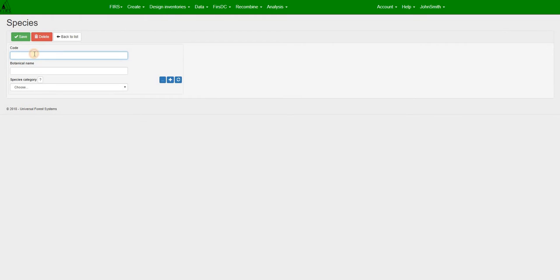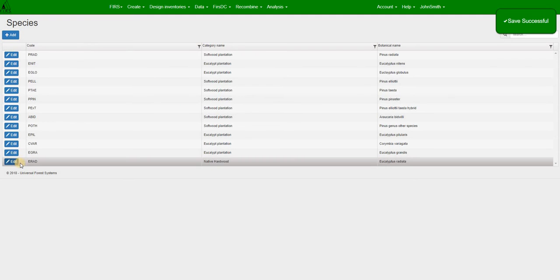Click the Add button, enter in the code, click the botanical name, we'll make these all capitals for ease of reading on FIRS DC, and choose the species category. I've used Eucalyptus radiata or narrow-leaf peppermint, and click Save, and you'll see that the new one appears in the